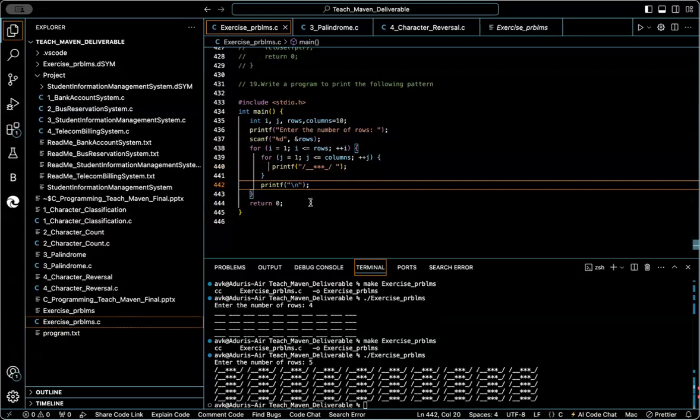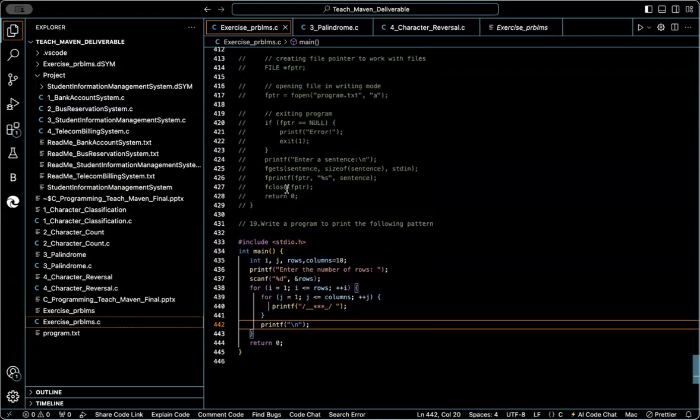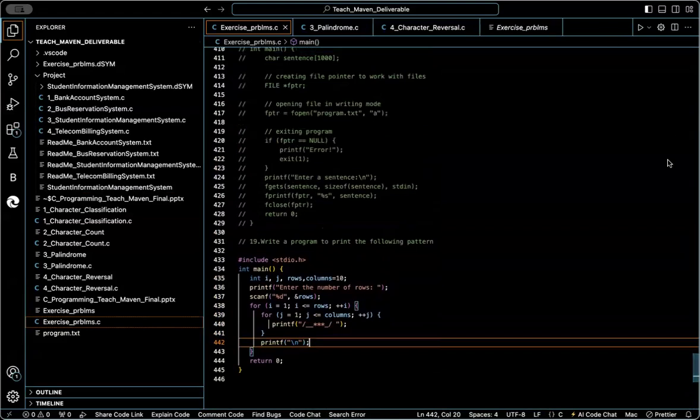We can ask n number of questions on top of it also. Okay, till this, I am closing out this session. So with this, our C programming is completed and we are done with C programming all the